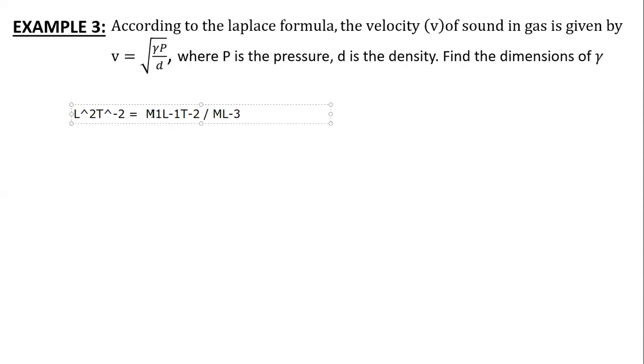Both are getting divided, and here is that constant value gamma. If I simplify this, you will get L power 2 T power minus 2 on the left hand side. And here it will be gamma times, and M will get cancelled. You will get L power 2 T power minus 2, which indicates that gamma will have dimensions 0, 0, 0. So gamma is dimensionless because this quantity will go to the other side and get cancelled.